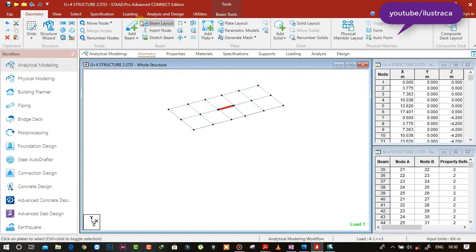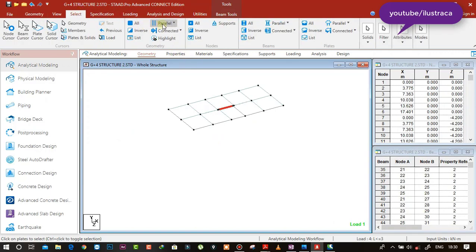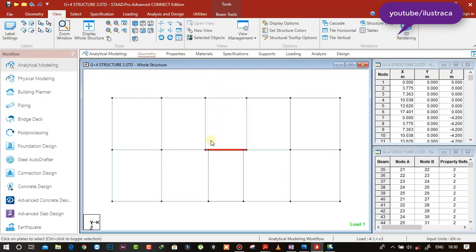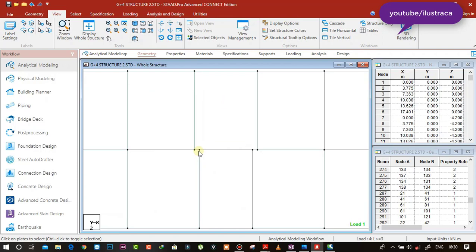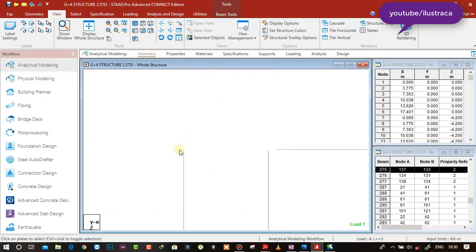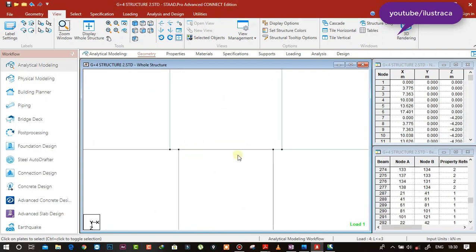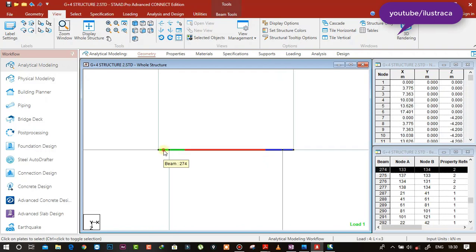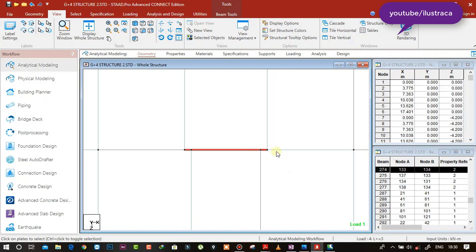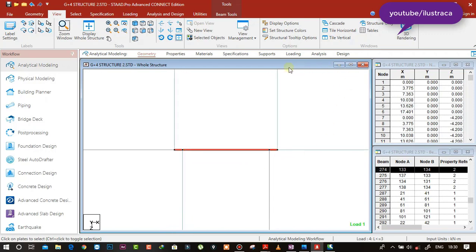If you go to the select and view and top view, you can select the small beams, I think. Okay, so it is considering a whole beam here. No problem. Let's see.